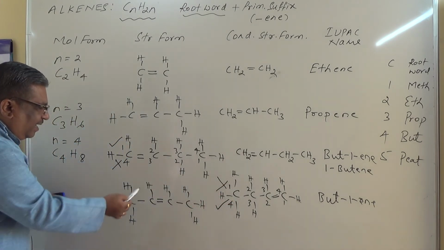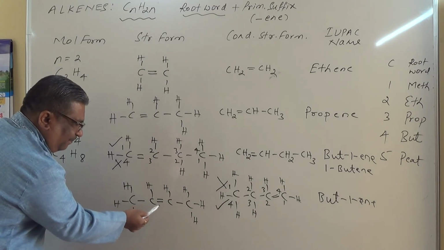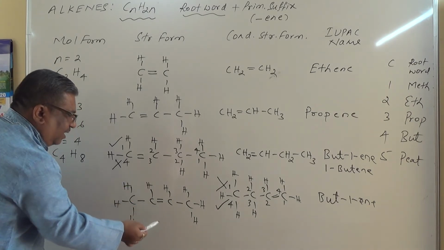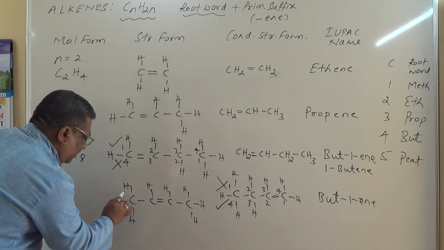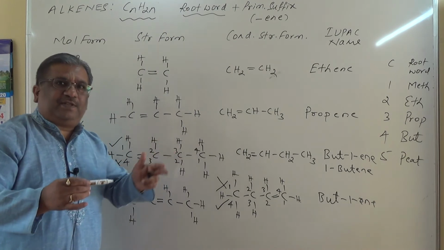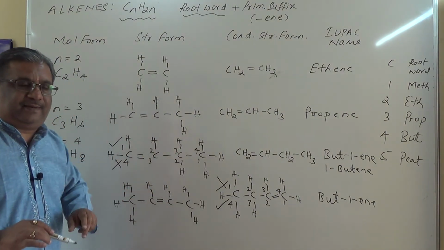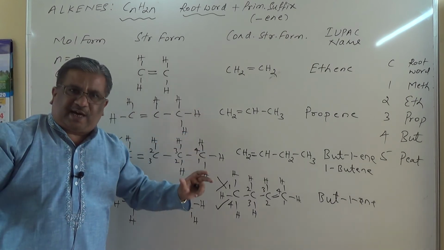Now, I can have an option of putting the double bond here, that is in between this. Now, how do you name this? From this side, if I name these carbon atoms, in the naming system you cannot start from here, 1, 2, 3, 4. No, it is not like that. Once you have a longest carbon chain,